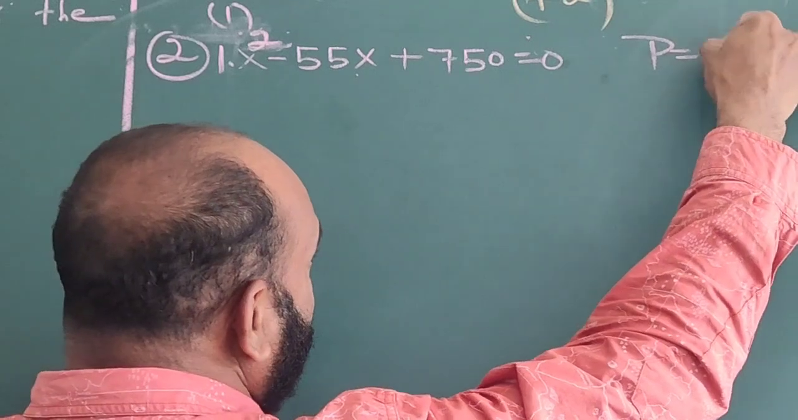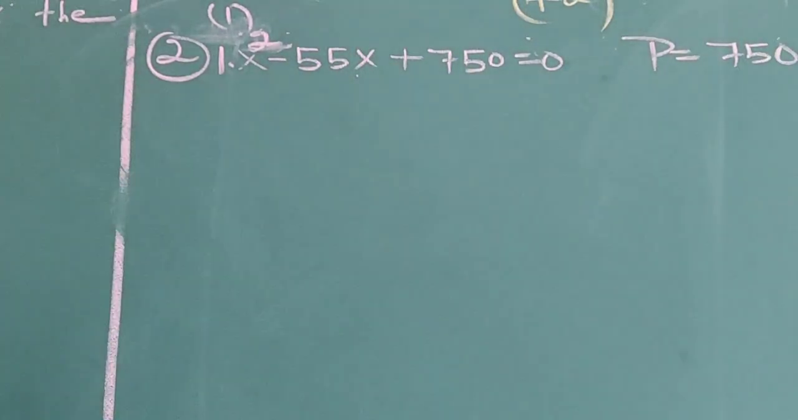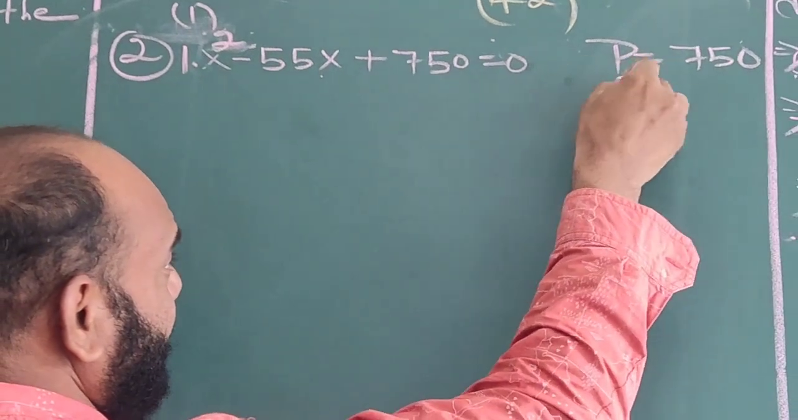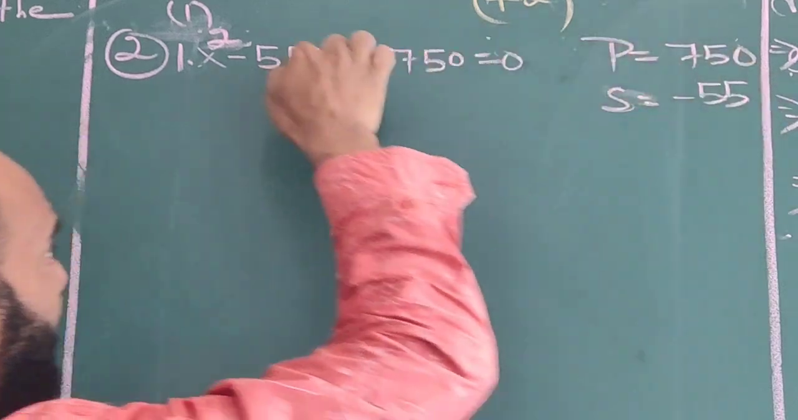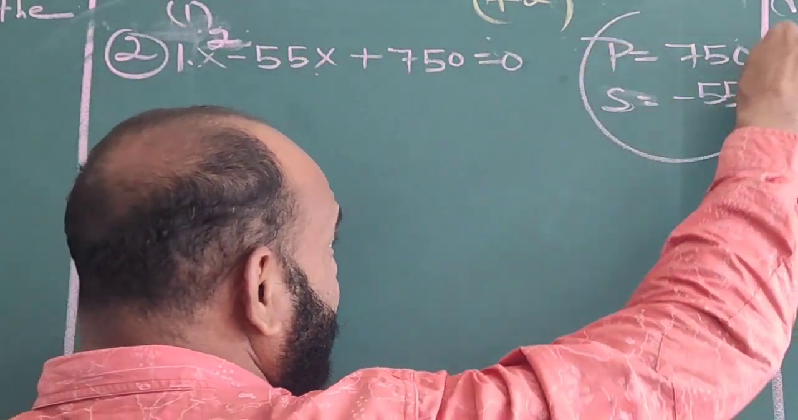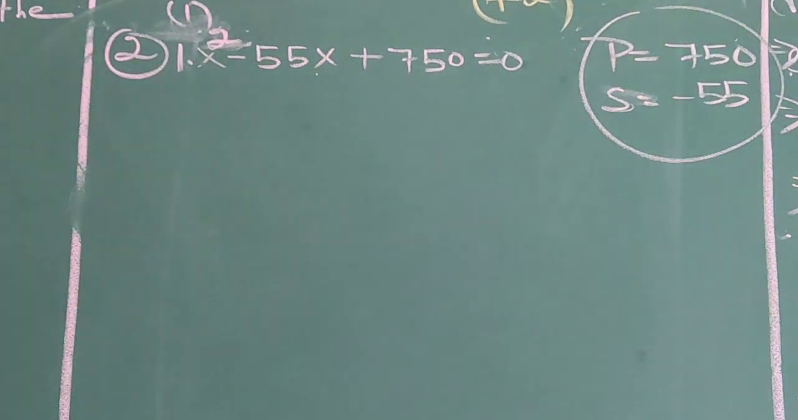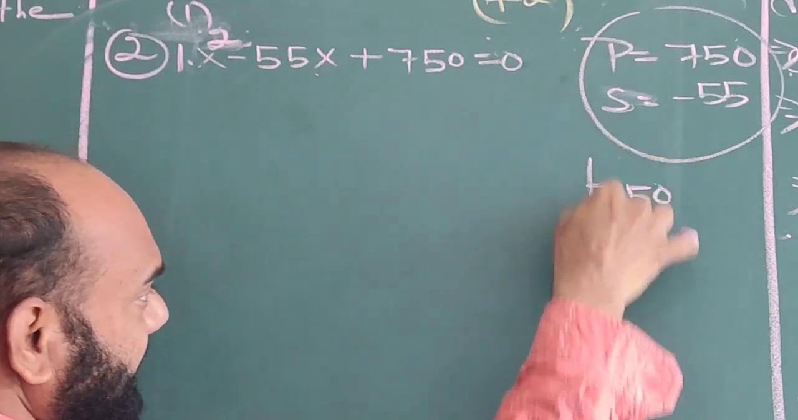So we find the factors of 750 whose sum is minus 55, because the sum is always the coefficient of x. Now we want to add two factors of 750 whose sum is minus 55. We can find these directly, and when we cannot find the factors directly, then we find them by the method of factorization. So 750,